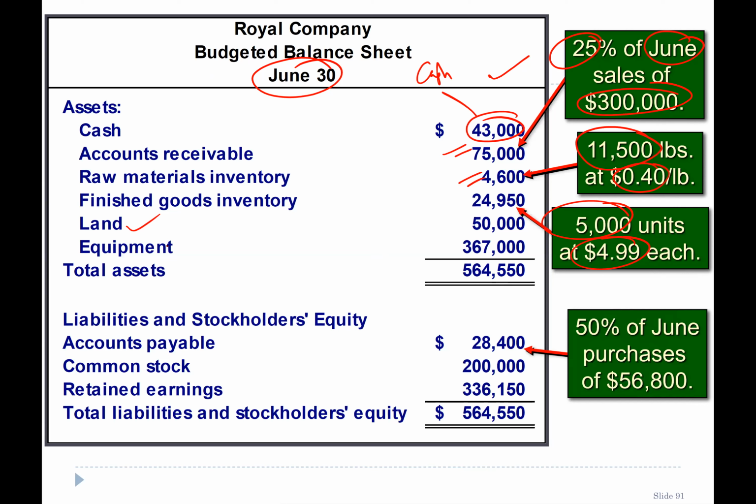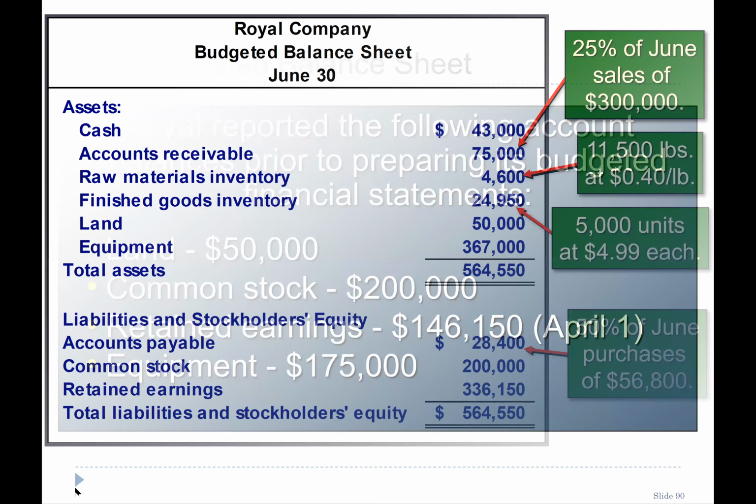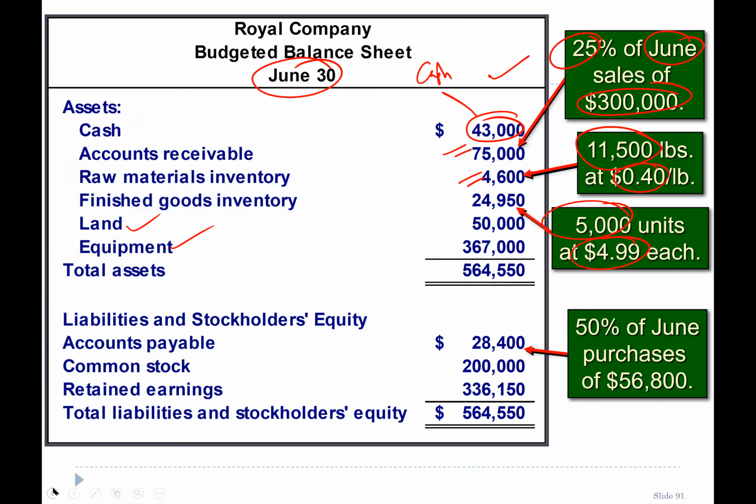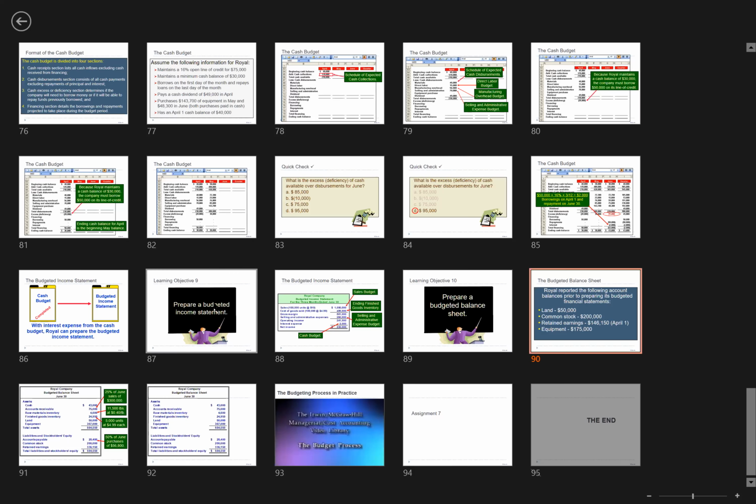Land value is already given, equipment value is already given. So in equipment, remember this is 347, and they have given us the value of 175. So this is 347,000, right? 367,000. So what caused this equipment figure to increase? Let's go back to our cash budget, in which we saw that